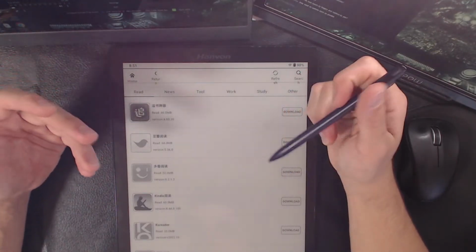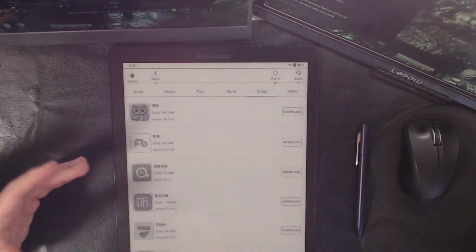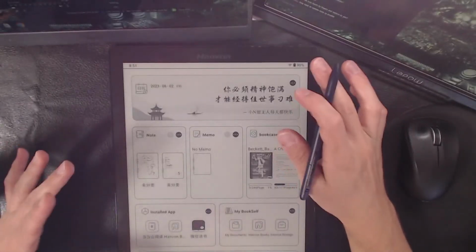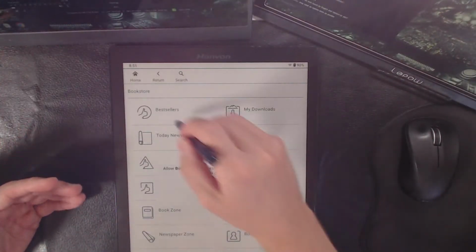And it's got Weibo and Taobao and Youku, and it's got all the integral Chinese applications, but it doesn't have anything to do with us. So it definitely needs a rework on that. And they also have a Hanvon bookstore, which is kind of nice that it's there, but